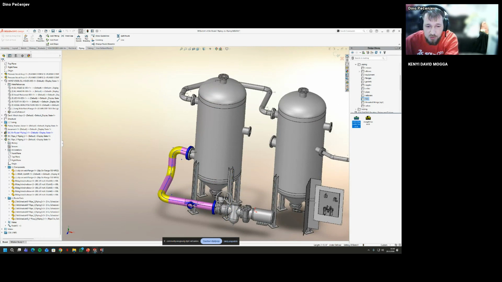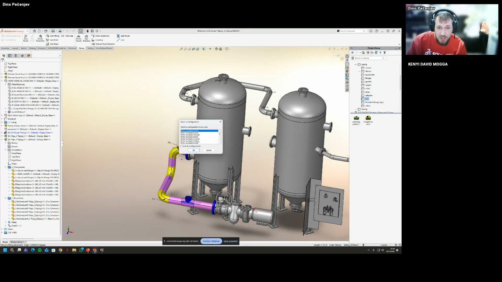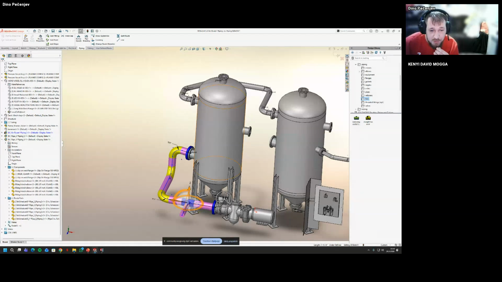So I'm just going to use drag and drop. It will place on the route, and I'm going to press tab on the keyboard to change the angle. And for the size, I'm going to use the 6x6 and 4 inches.